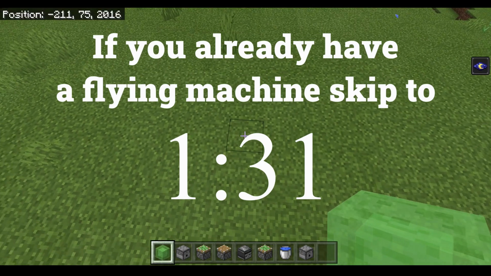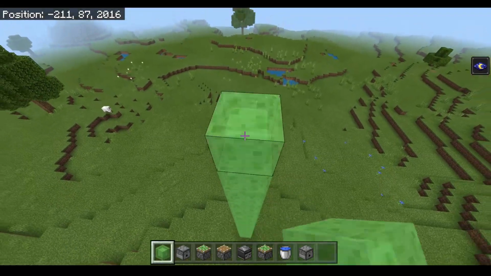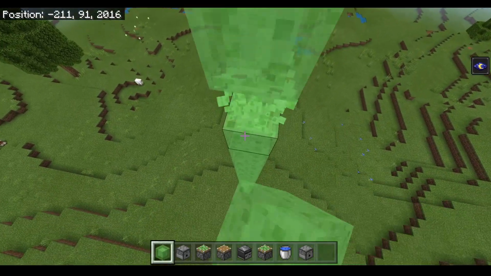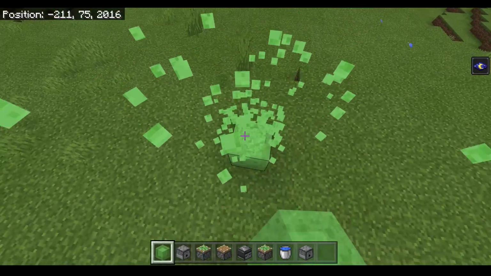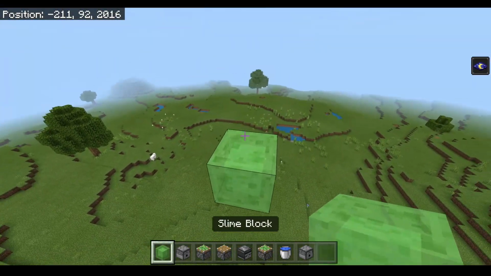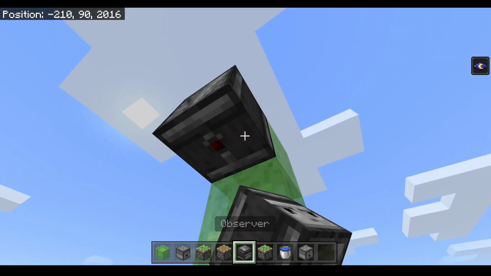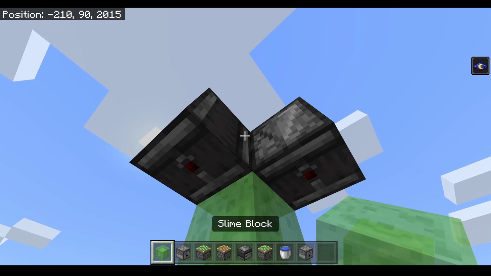To start this build off, go ahead and take your slime blocks. Just build up to whatever height you want. We're going to just build up to here, so that way we don't run into anything. And what you're going to do from there is take your observers, regular piston, and sticky piston. So build up two like that and place observers facing upwards against both of those corners, and then another two